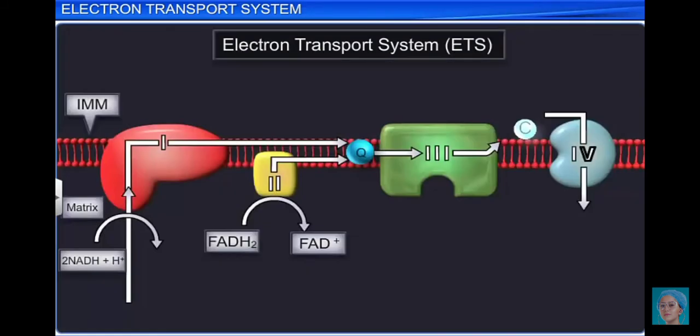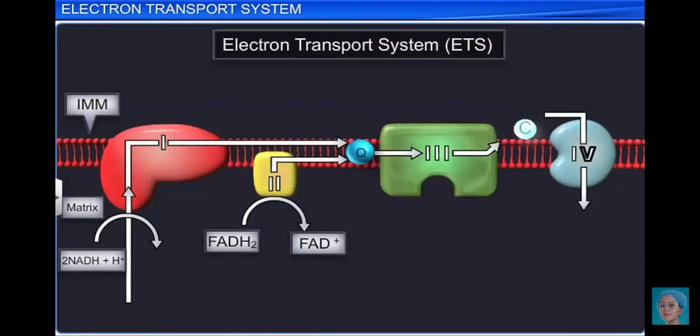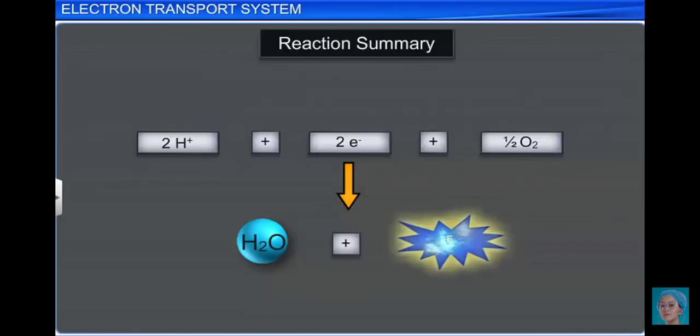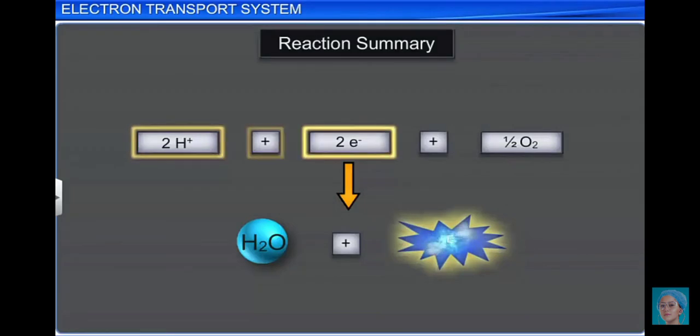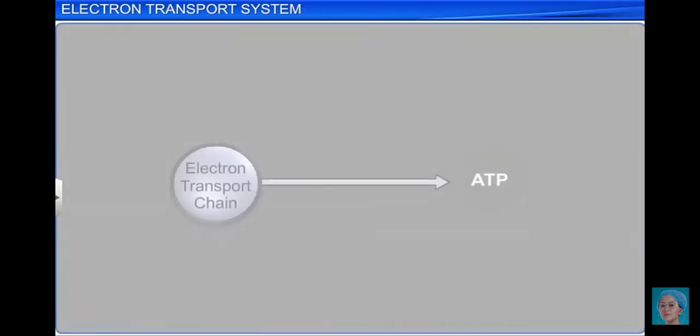Complex 4 contains cytochrome A and cytochrome A3. It transfers the electrons to the final electron acceptor, oxygen. Oxygen, on receiving the electrons, reacts with 2H plus ions and reduces to water and thereby drives the ETS. This reaction can be summarized as 2H plus 2e minus plus half O2 results in H2O plus energy. Now let's see how the